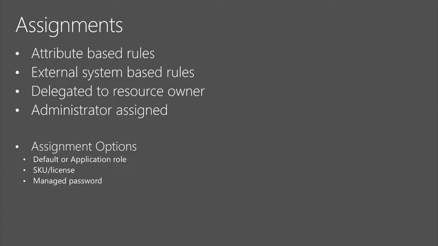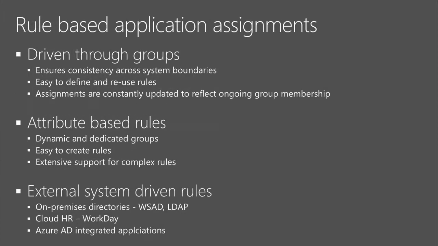As you start playing with it, you'll see that in different places, when you click Assign, you get different options. In some applications, they support roles and they're deeply integrated with Azure AD. When you click Assign, you get the option to actually assign the role or the permissions in that application. In other cases, you're really only assigning permission to access, and somebody will need to manage the permissions within the application separately. And finally, you can also use the same paradigm to assign a SKU or a license of Microsoft products.